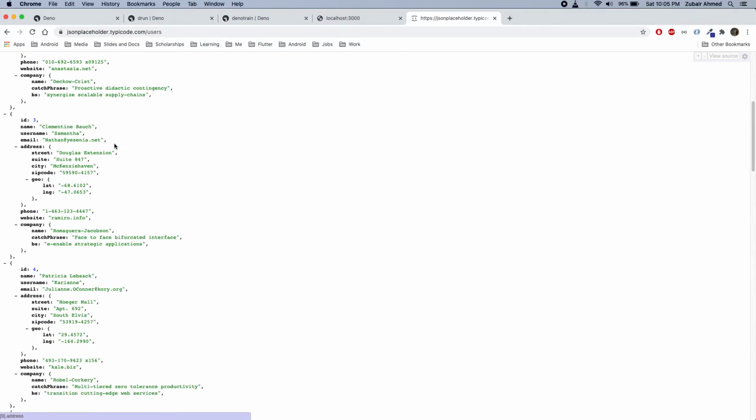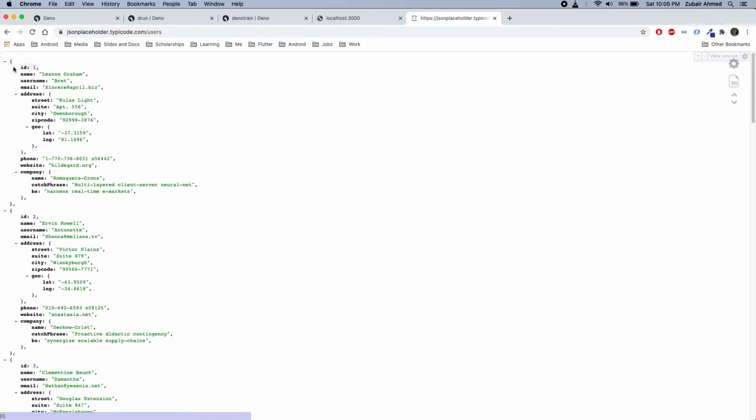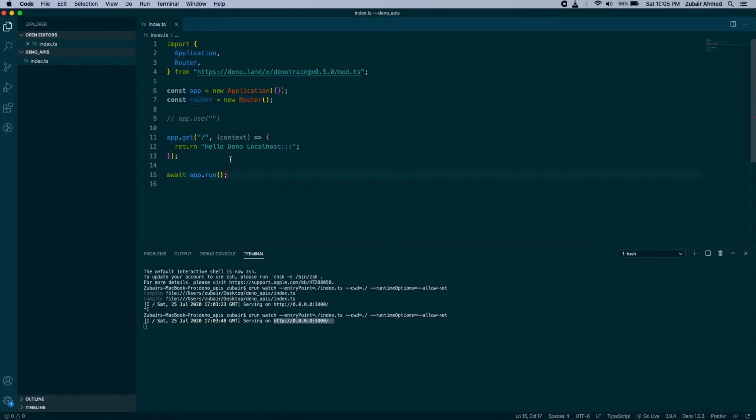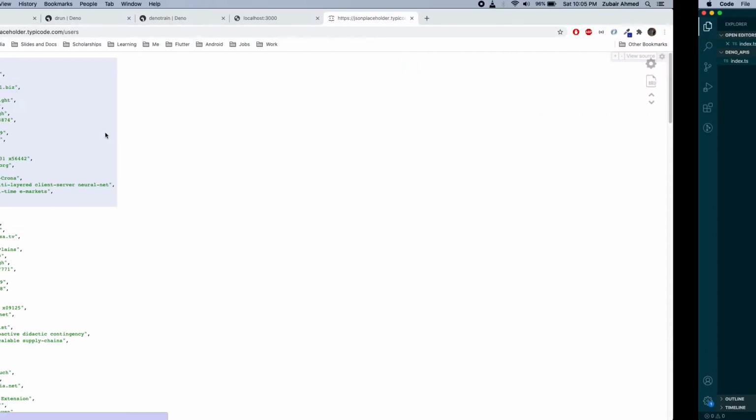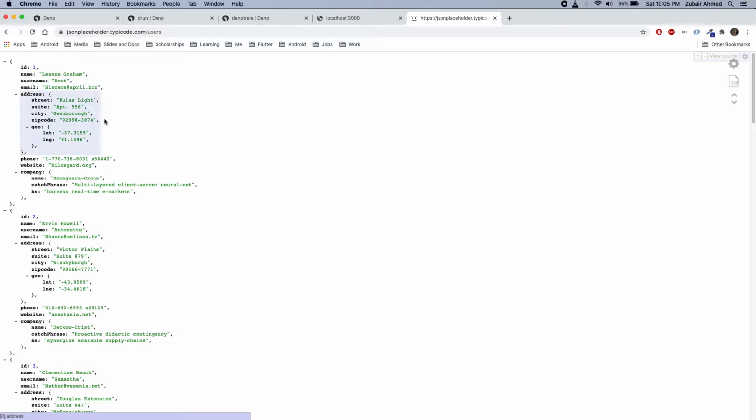As you can see, there's a bunch of users here returned as a JSON response. So this is basically a list of users. So what we are going to do here is create a new file, and we will create some models so that we can map those users and get those as a response in our REST API.